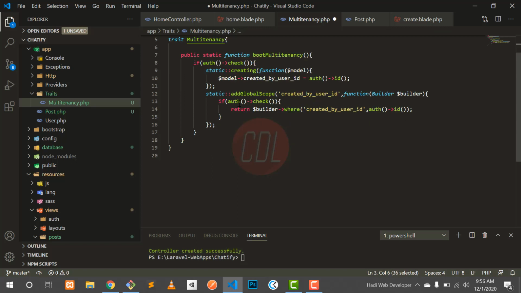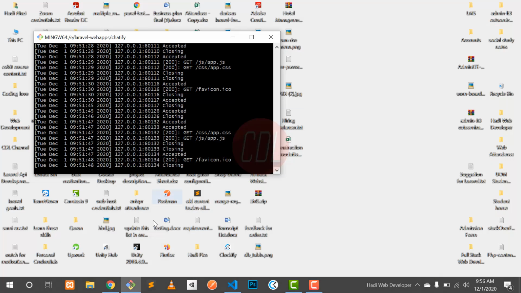First we are checking whether the user is logged in or not, then we are using this builder object and finding the created_by_user_id column. If it matches the user who is logged in to the dashboard, we put a where condition here, so it displays everything which is relevant to the user.